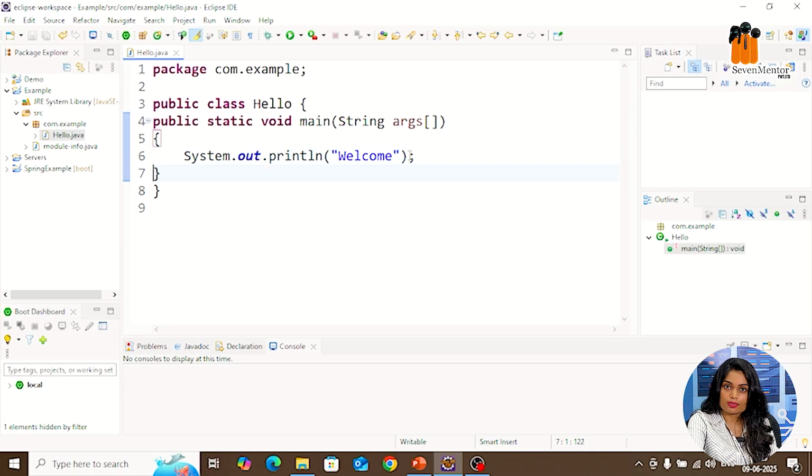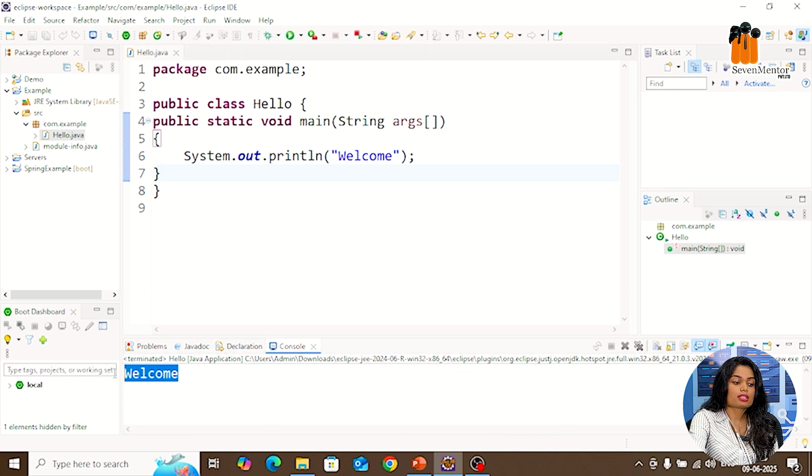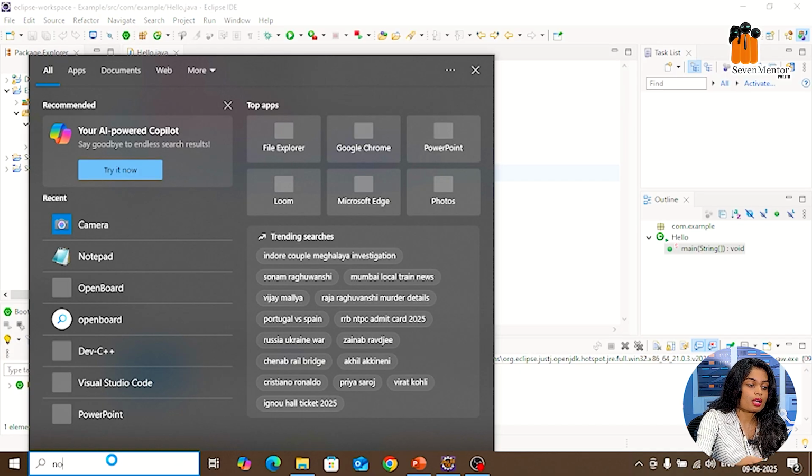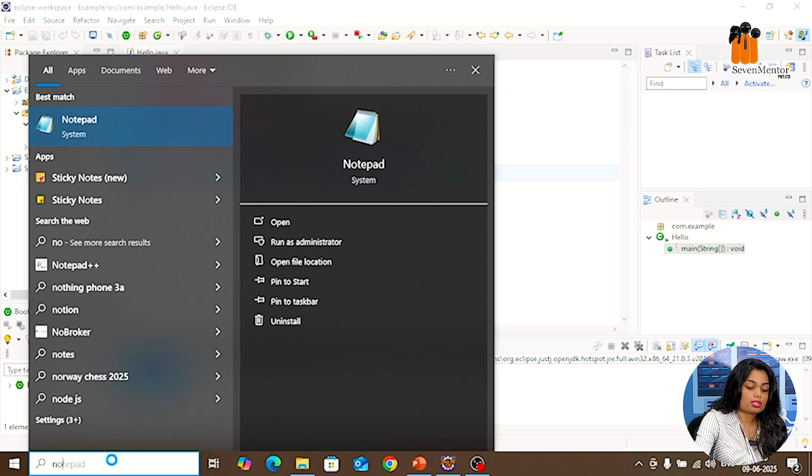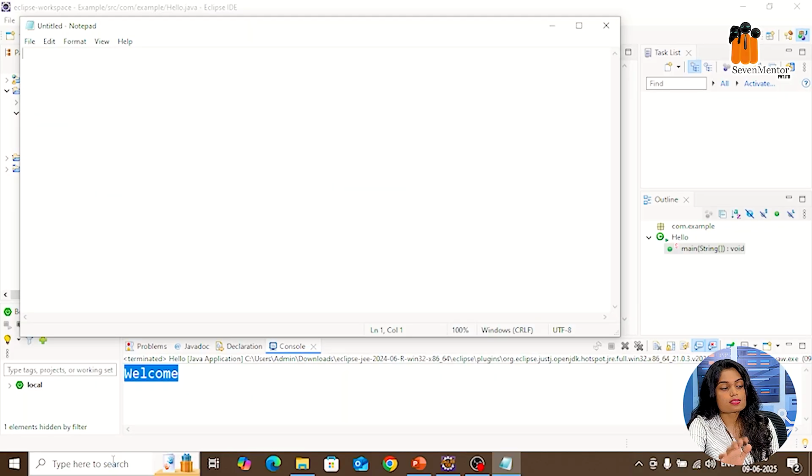We will simply save this file and then click on the run button. Now you can see the welcome message is here. So that's how you can create your classes in Java. Like I just told, one package can have multiple classes. So inside this com.example we created a class, Hello.java, and in the same way you can create multiple classes. Now, how is our program executed over here, and how do the JDK, JVM and JRE work?